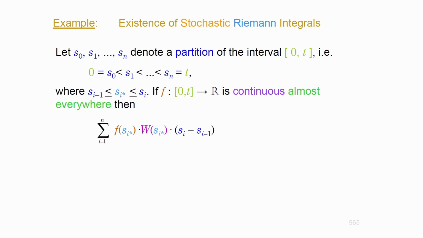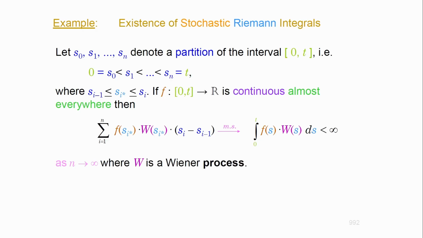But the stochastic integral that I'm going to develop here is based on the Wiener process. The Wiener process is going to be involved, and for that it is enough that the function by which it is multiplied is continuous at least almost everywhere. If this is the case, then this ensures the existence of that integral. So that's it pretty much.